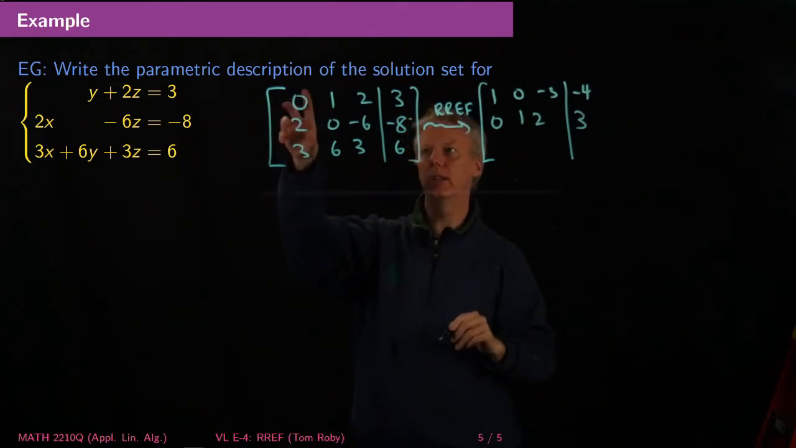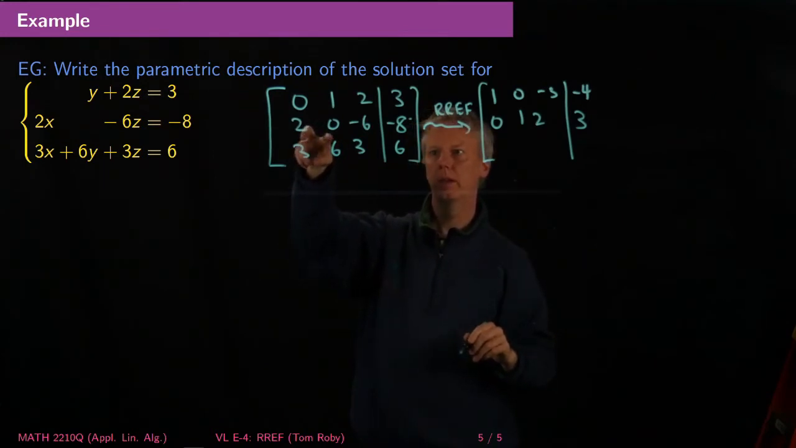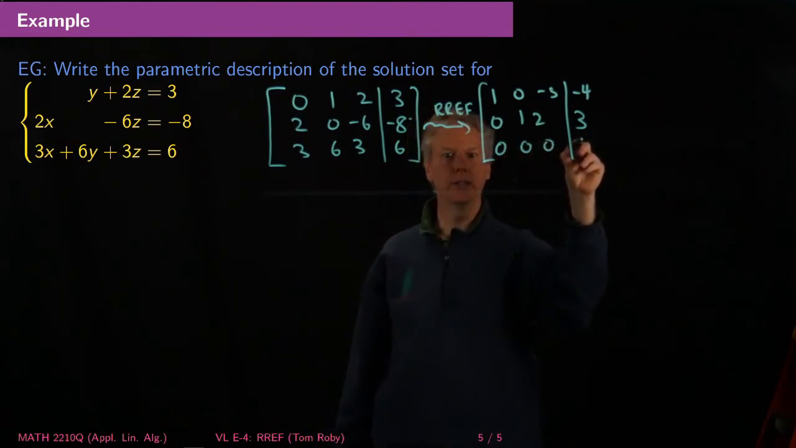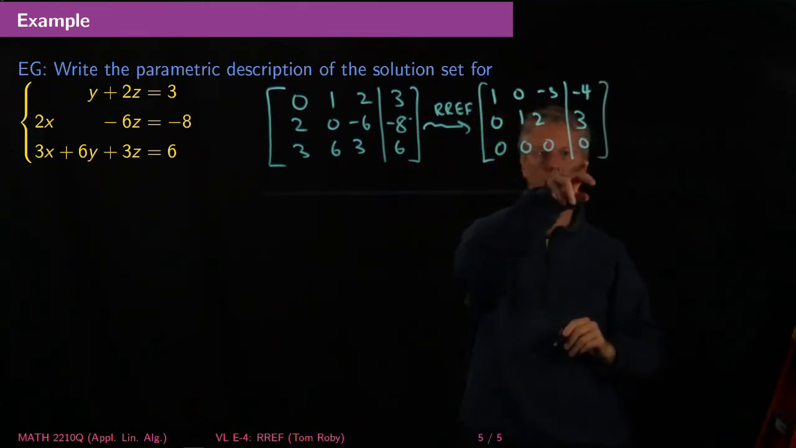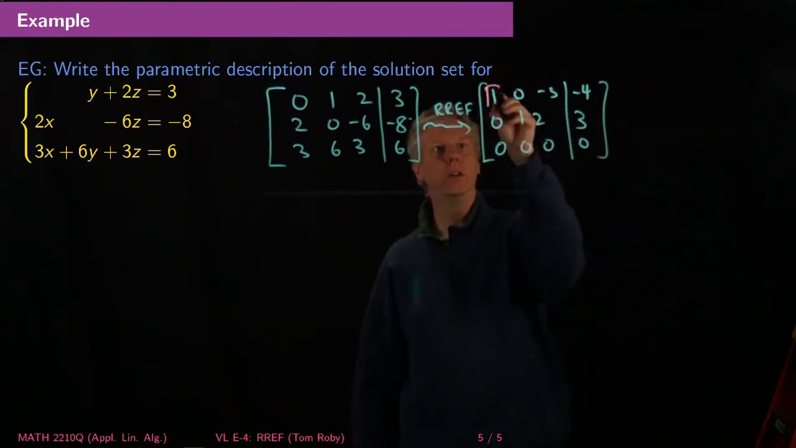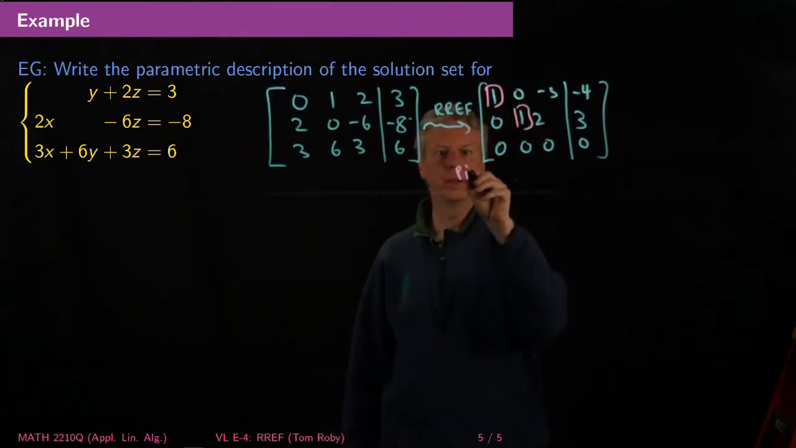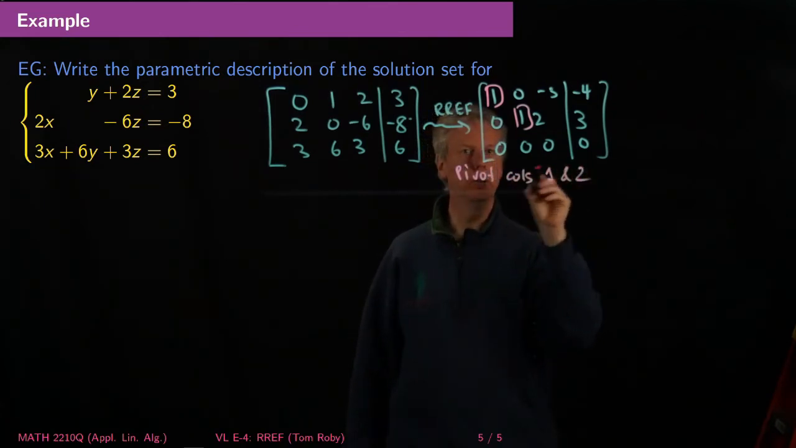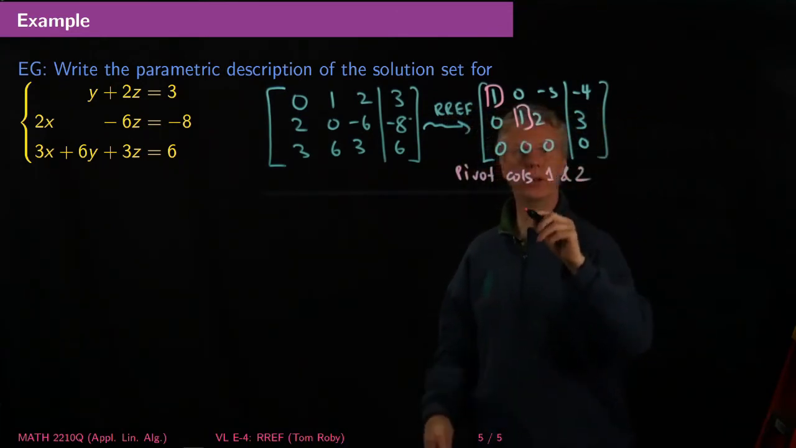And you'll notice actually that if you add these guys in the third row, you'll actually get 0, 0, 0, 0. Okay? So this is an equation where we get a row of zeros. We have two pivot columns. So pivot columns are 1 and 2. So the basic variables are x1 and x2, and the free variable is